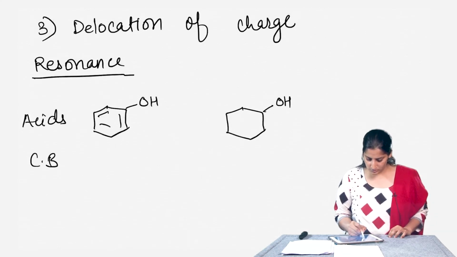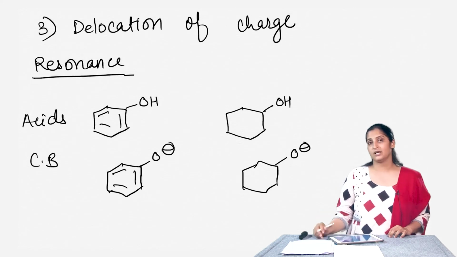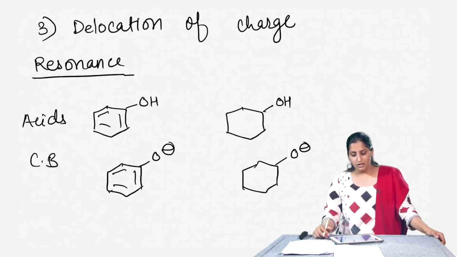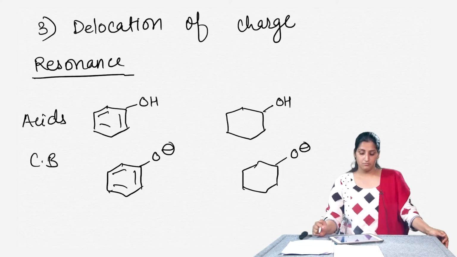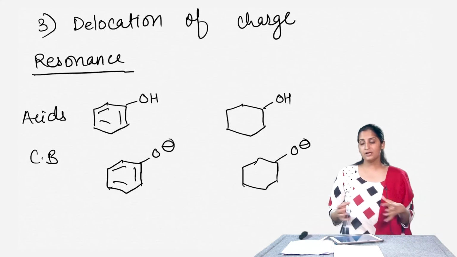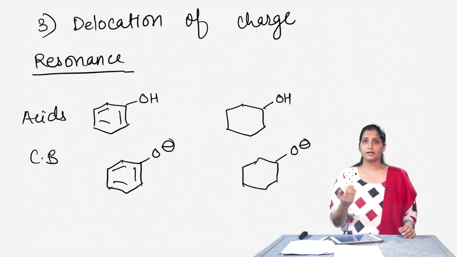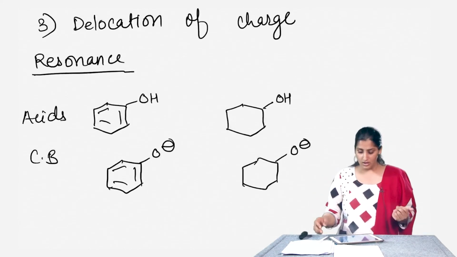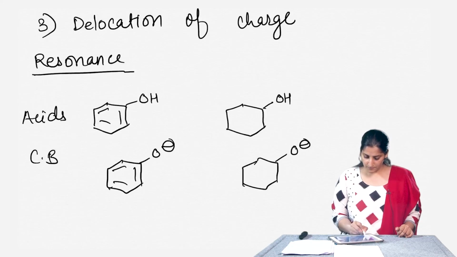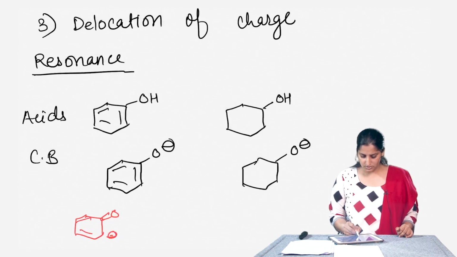What will the conjugate base look like? The conjugate base here will be phenoxide ion, and in this case the alkoxide ion, right. Now, which one is more stable between the phenoxide and the alkoxide? If you really see that particular oxygen here in phenoxide can distribute the negative charge on the carbon atoms by doing a resonance structure, right. So, you can spread these electrons or spread the negative charge such that you have all of these different negative structures,